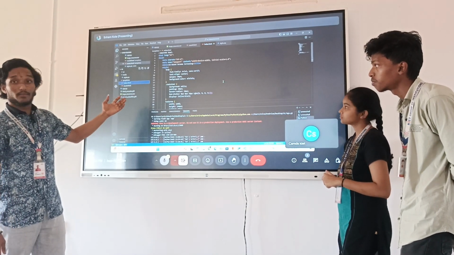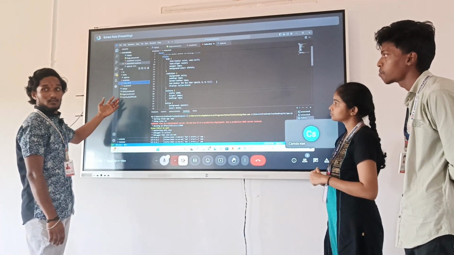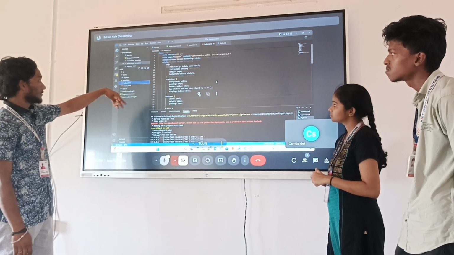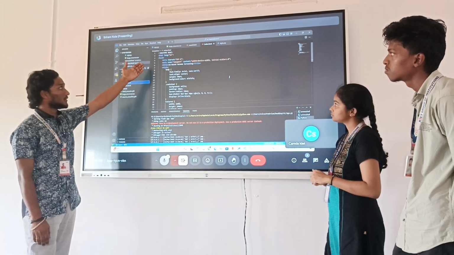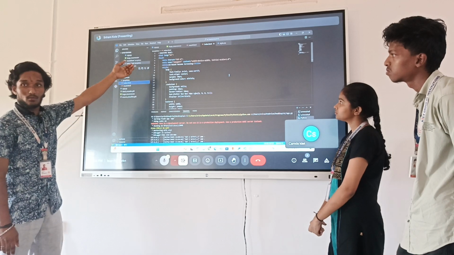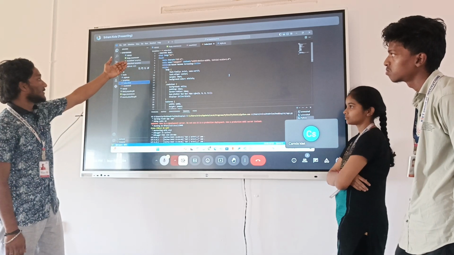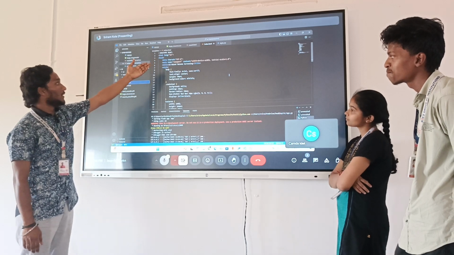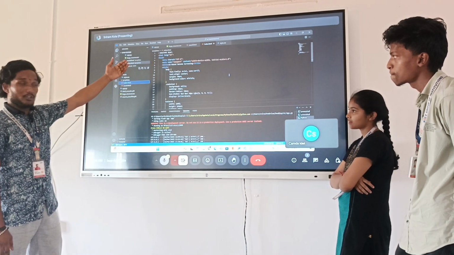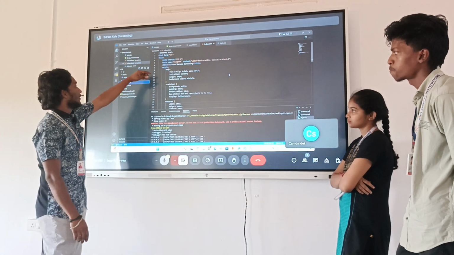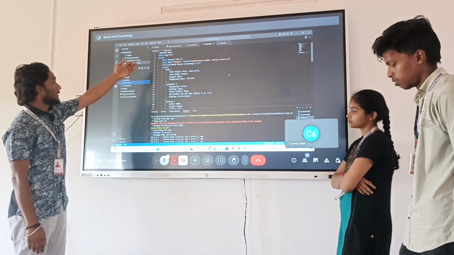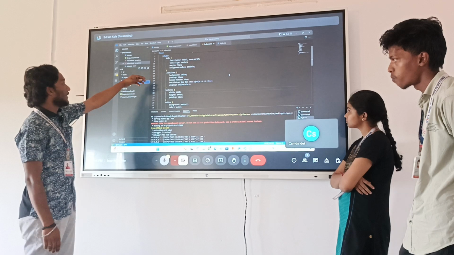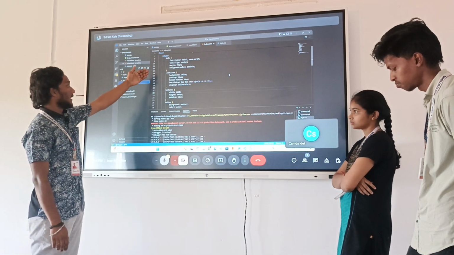This is our front-end code. First we start the front-end code: HTML, doctype HTML, and HTML lang equals en, which is the language used in this code. Then the header, where we can add styles, and body, font family, text align.